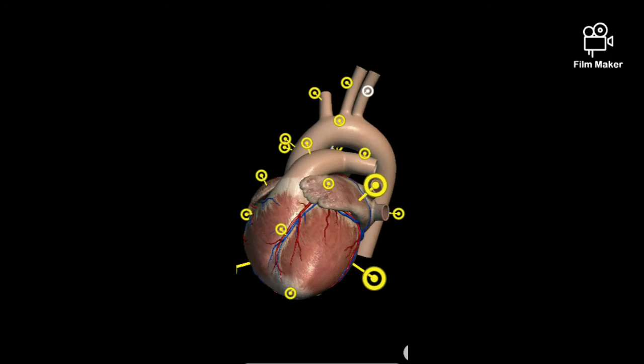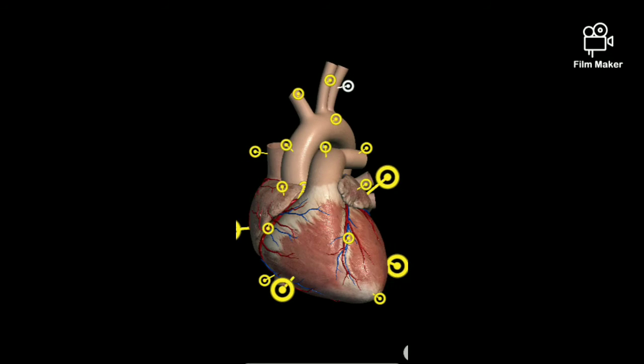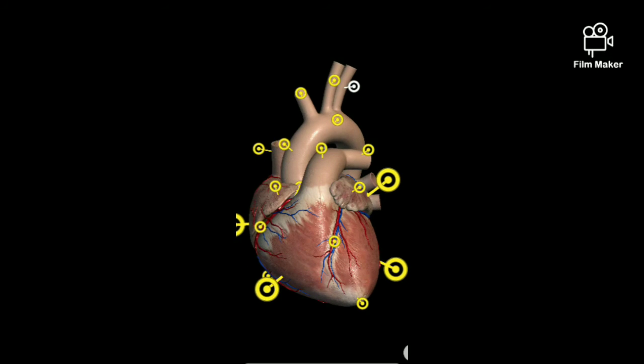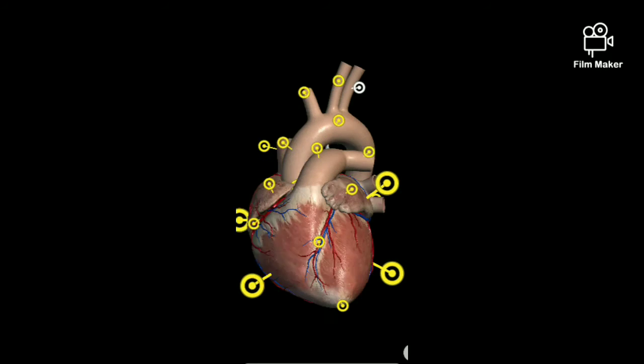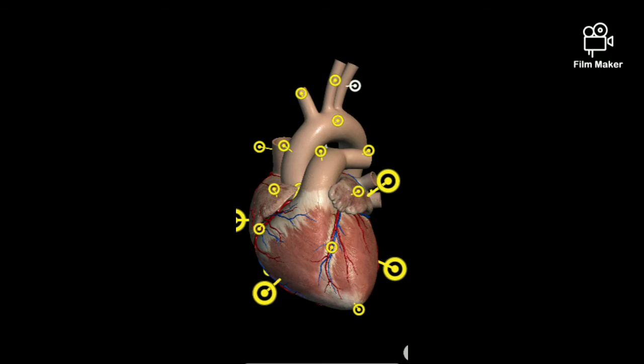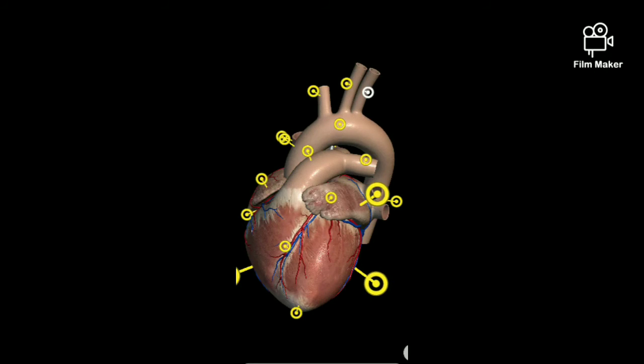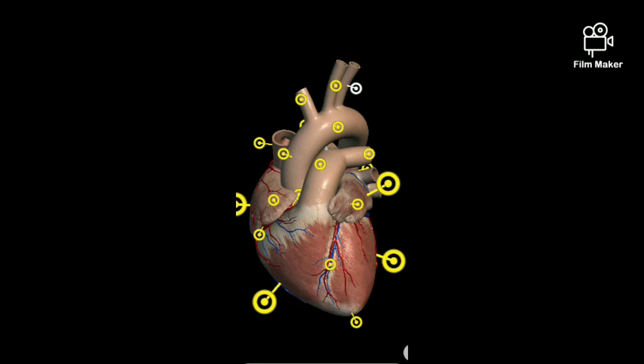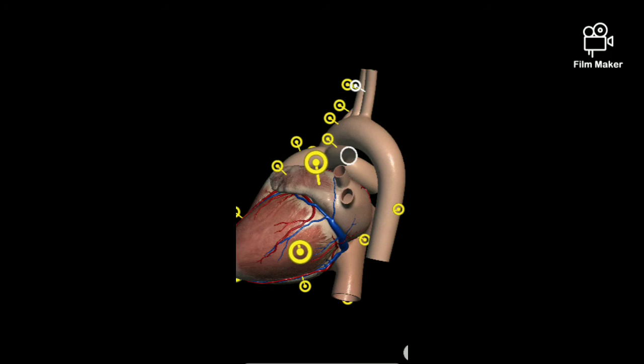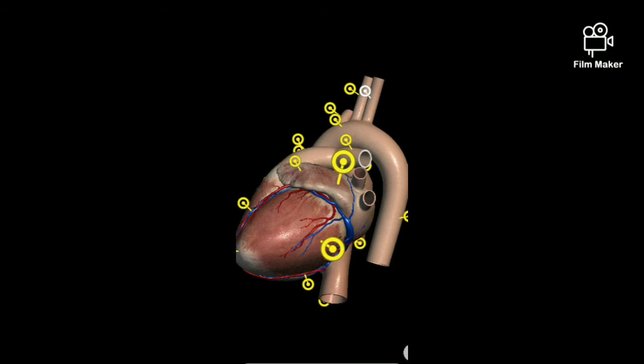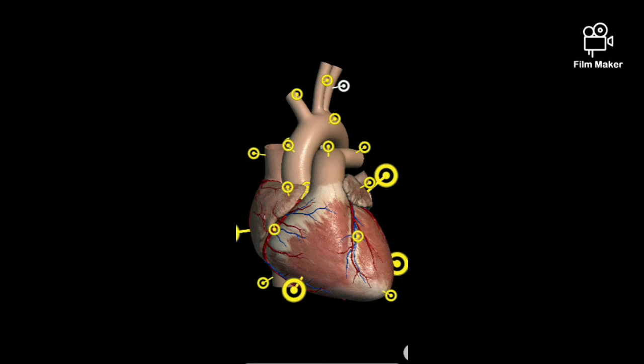What is the clinical feature of the aorta? Aortic dissection refers to a tear in the inner wall of the aorta, and the tear creates two channels of blood flow. One is the normal lumen of the aorta, and another is into the wall, where the blood becomes stationary. Aortic aneurysm is also another defect.